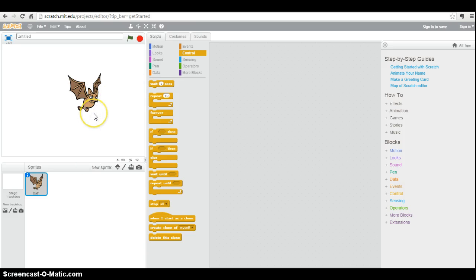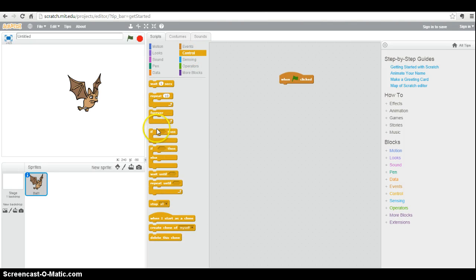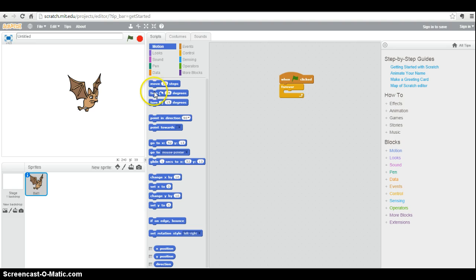Now, the neat thing about sprites is that sprites have things that they can program. We're going to start by programming an event. I'm going to say as soon as the flag, and in Scratch programming, the flag is sort of the go button. As soon as we hit play or start, I want him to do something. What do I want him to do? Well, I want him to forever, okay, forever, he's always going to do this,